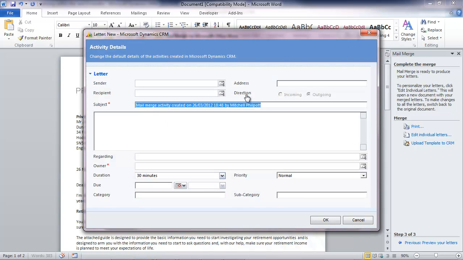That's really useful because the system will not only store a copy of each client's personal letter sent against the client's record. If I want to, I can mark the activities for follow-up later, and I can even delegate the activities to specific colleagues or generally to a team if I'm performing this task centrally and across a large group